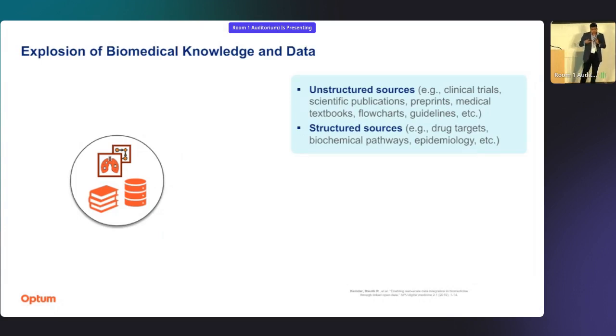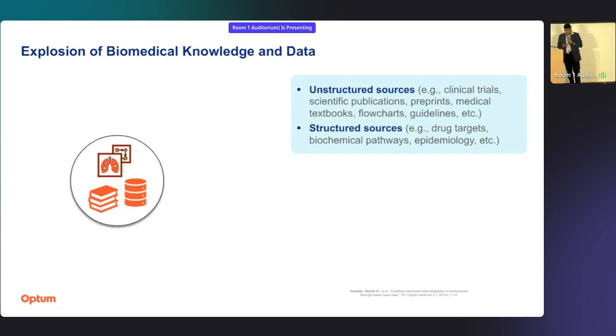And so a lot of this knowledge is still being published in biomedicine through unstructured sources. This can be your clinical trials data, scientific publications, preprints, medical textbooks, flowcharts, guidelines, etc. There are a lot of structured knowledge bases out there as well, like drug target knowledge bases, biochemical pathways, epidemiology knowledge bases, etc. In biomedicine, it's not only the knowledge that is expanding, but also there is an expansion of,